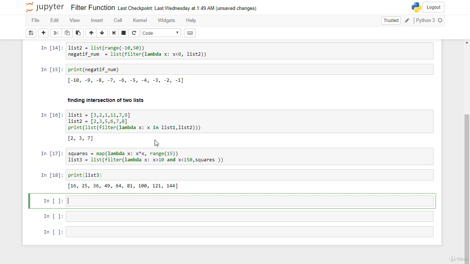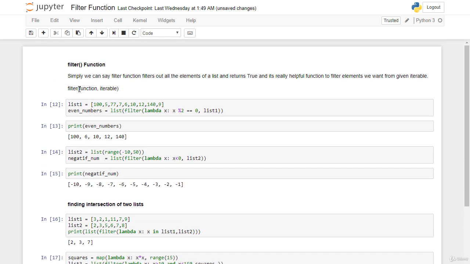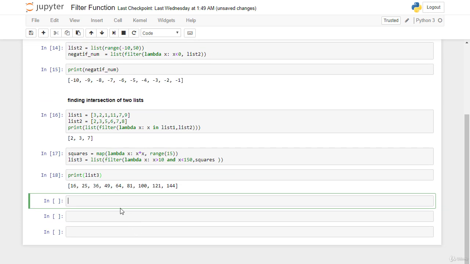This time we always use a lambda function, right, for our form here: filter function name, our function, iterable. This time I will create a function with the def keyword. I want to find the prime numbers with this function, and after that I will filter out my function from a given range. I will create my function first with def,